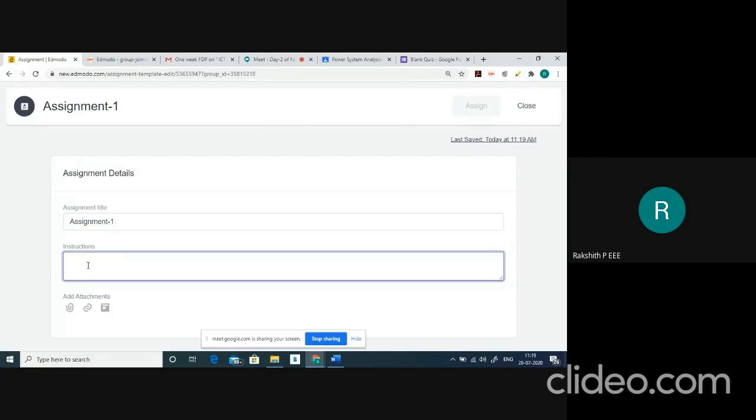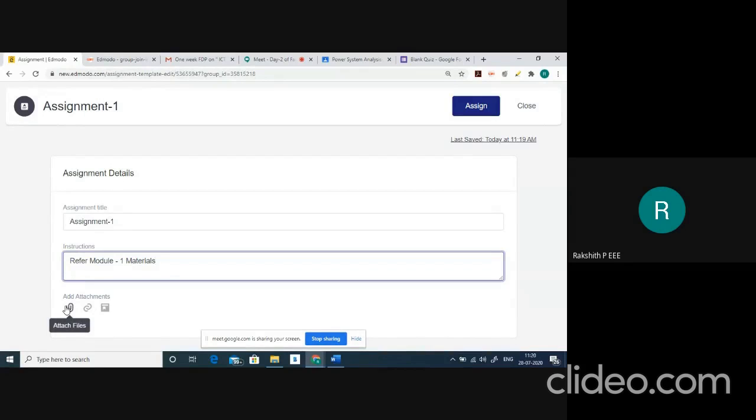Okay, below that you need to give certain instructions, like module 1 materials, so that now you can easily solve the questions related to assignment 1. So once you give instruction as well as give title, you can add attachments.